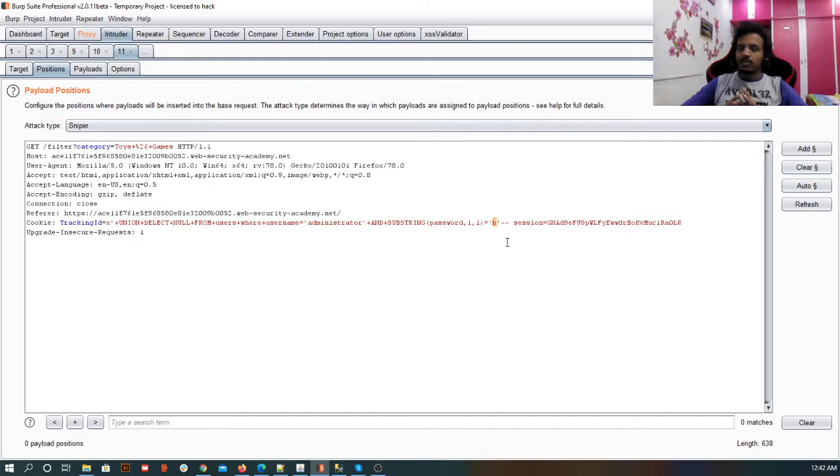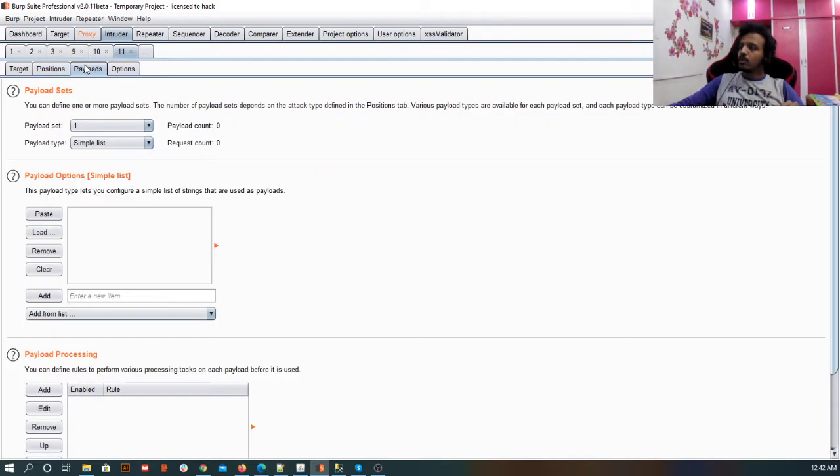Now we are going to select the value that is variable, and then I'm going to add a dollar or some sort of symbol. I add it, and the next part is what I have to tell: what are all the values that you need to try? So here I'm only focusing on the first place. Now I'll go to the payloads part, and I'm going to have the simple list. This is by default. Simple list means I can choose from the list, under the payload options.